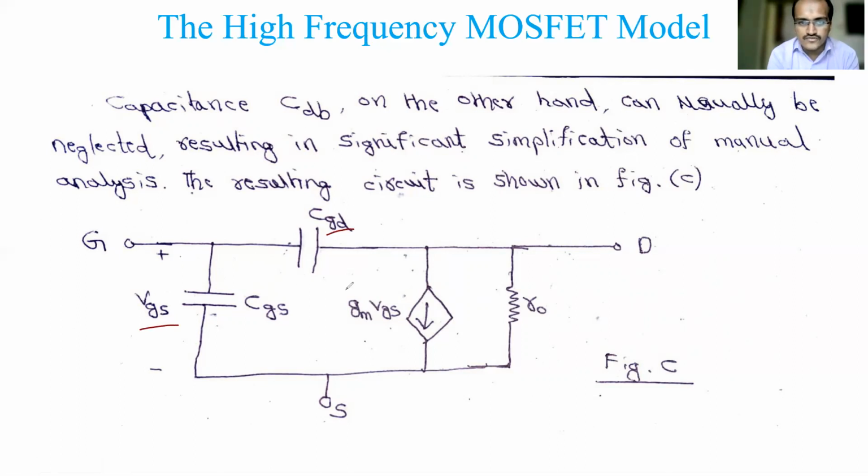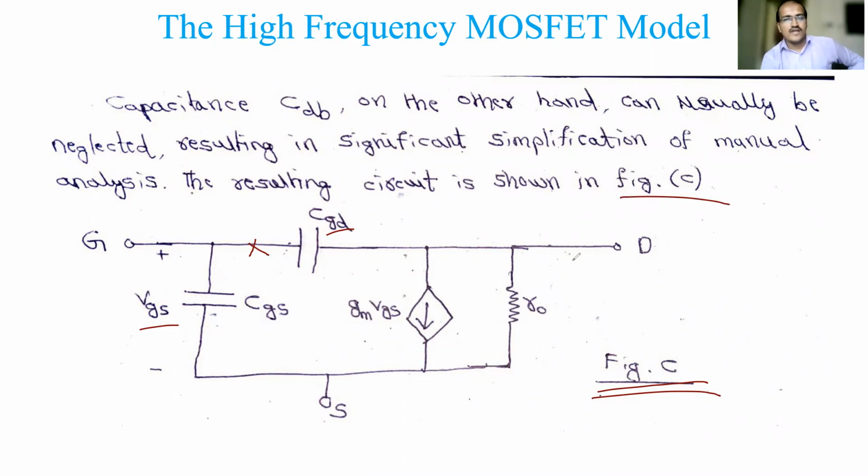So this is about the high frequency model. In the normal hybrid pi model, this was open, right? This path was not there from here to here, and here to here there was just VGS. Now that capacitance comes, and here also one capacitance comes, and this model is very easy to refer to for our analysis. Even the previous figure B you can use, only CDB will come there. This CDB does not make much difference to the calculation, because it is coming in parallel with R0, no? So that also can be removed, and we made it figure C.